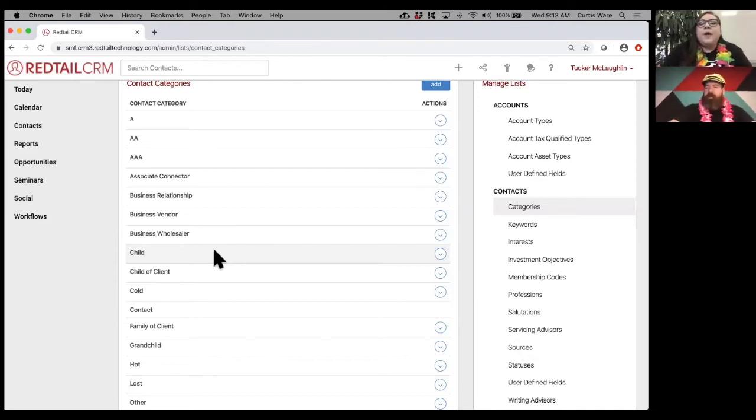Also, just keep in mind when you're having your statuses and your categories, this is really going to be your way to use your own terminology in your office. I know sometimes we get so caught up on what we see here and we're like, ooh, I really like that. We kind of forget that there are some terms that we also use. So keep in mind that we're showing you these examples, but definitely adapt it to what you really need in your office. So if you don't do A, AA, AAA, and you do gold, platinum, silver, whatever that scenario is,